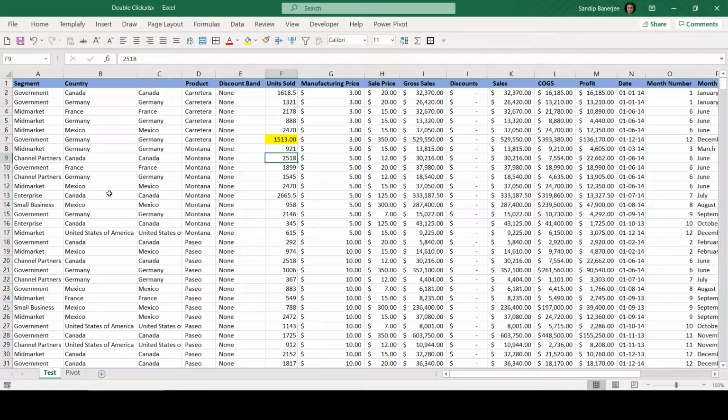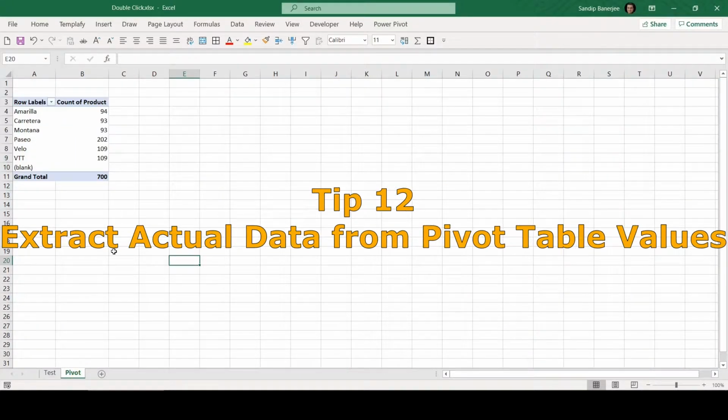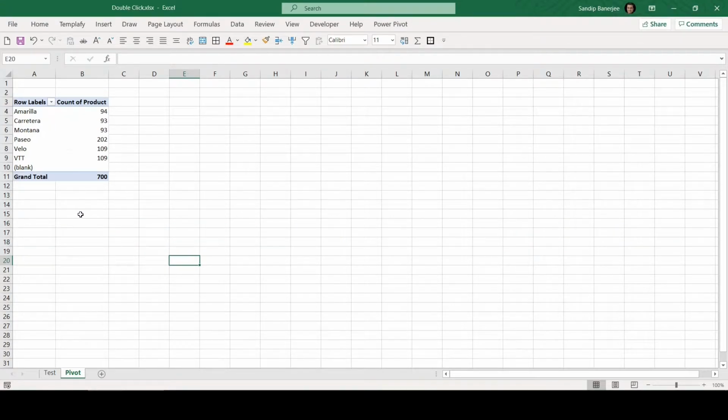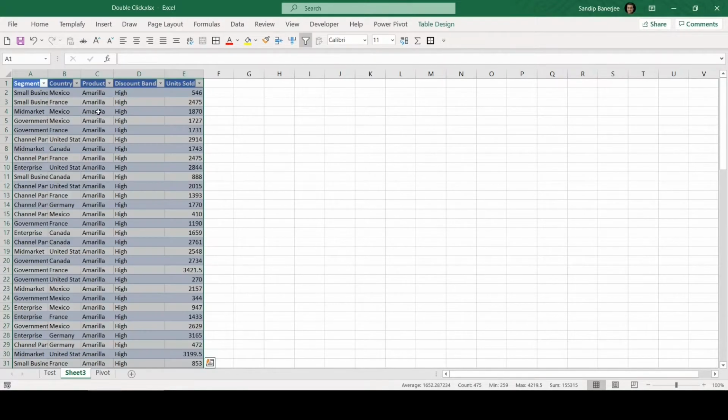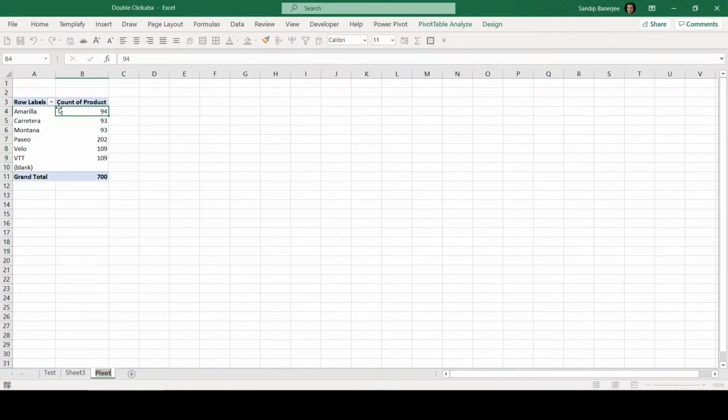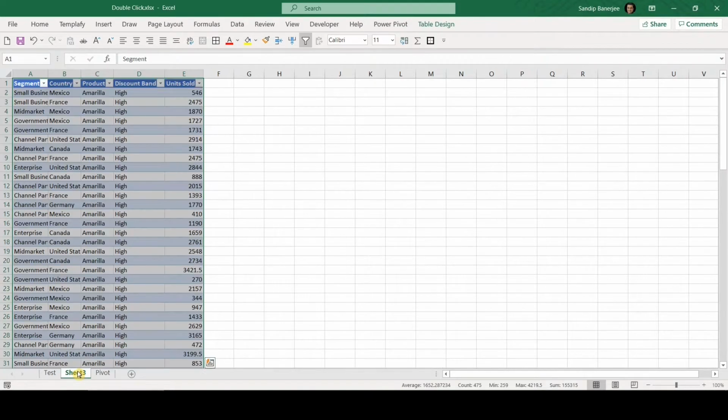Now before we end this video, there are 2 more options I still have to show you. One is whenever you are in any pivot. I have this pivot table open here and you can see different values are there. If you just double click on this particular number, what it will do, it will create a new tab and those 94 values, whatever it was showing in this particular pivot, it will pull in the data rows of those 94 instances in the next tab. Isn't it useful? There are several situations where we use pivot tables and this type of data generation will be very, very quick.